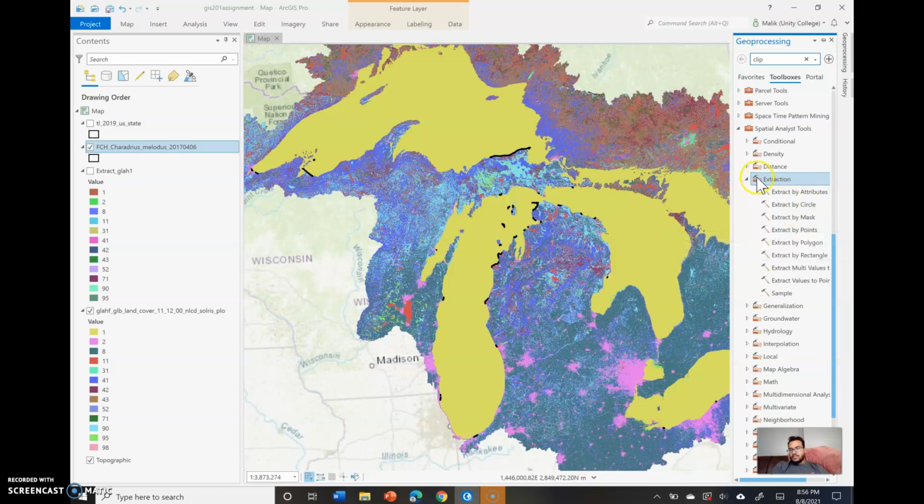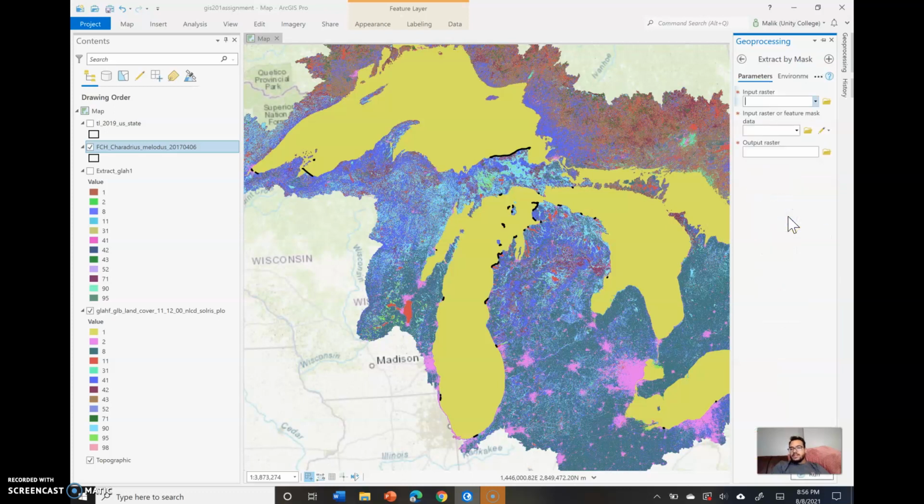So what you're going to do is go to Spatial Analyst Tools, then Extraction, Extract by Mask. And then here, for your input raster, you're going to put whatever your raster is. You can see that I've already done it, so it's already here. But you put your input raster there. And then for your input raster or feature mask data, this is basically what you want